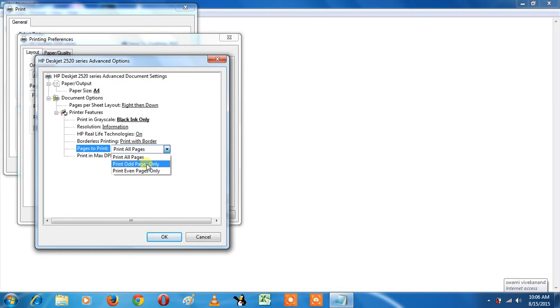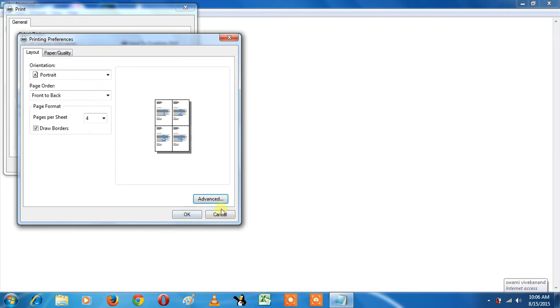What are the odd numbers in 10 pages? 1 3 5 7 9. And what are the even numbers in your total 10 pages? The even numbers are 2 4 6 8 10. So you have to select whatever you want in the print option.